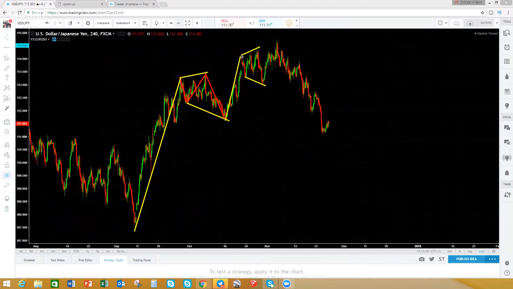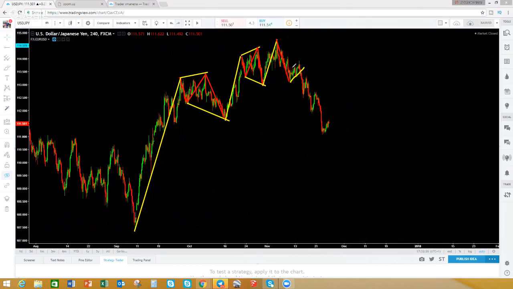Look at this one here. 1, 2, 3. Clear expanding flat. And then when we finally broke for the last time to the upside, it started making a move to the downside. So when it started making this move to the downside, we were not selling as yet. So this move here, when it made that move and made a clear corrective structure here,